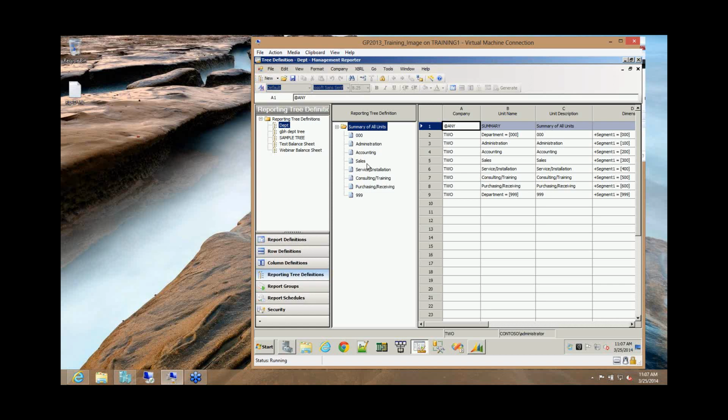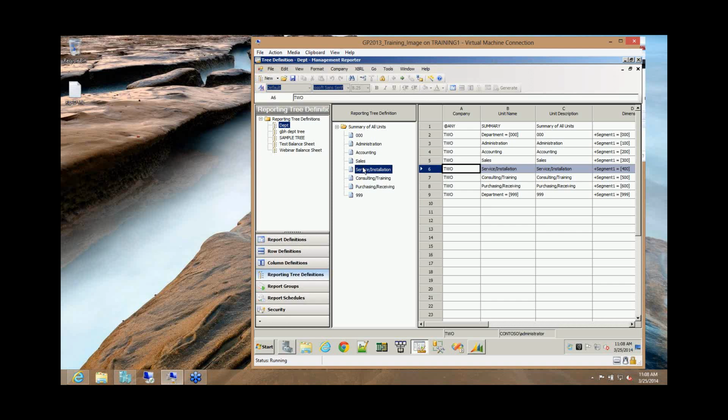I know many of you out there have departments that have sub-departments, and so you might actually have multiple levels. So the first thing I want to show you before I actually get into editing the tree itself, let's say that service and installation should actually be part of sales. That's a